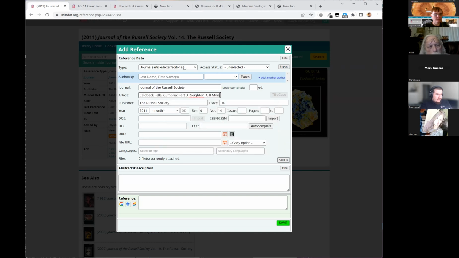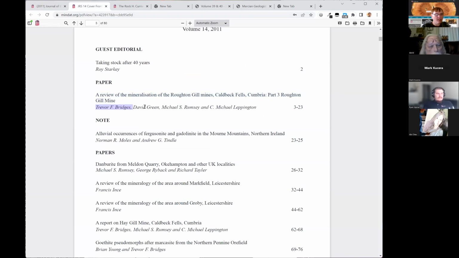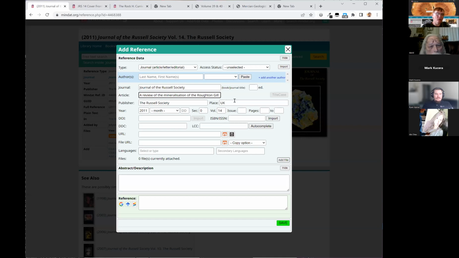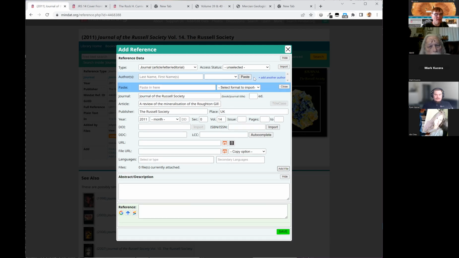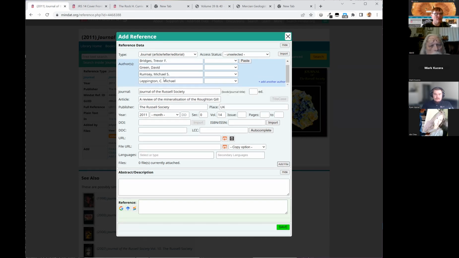So I'm going to paste the article title in there. I'm going to take the names of the authors, and you can paste them individually here, or because I'm lazy, I don't like having lots of work, I've had a paste option here. So you paste that string into here, and then you select which format matches that. Now, in this case, it's this first one. It's first name, last name, separated by commas. So I select that, and now it's split them all up properly in our reverse format in the authors table